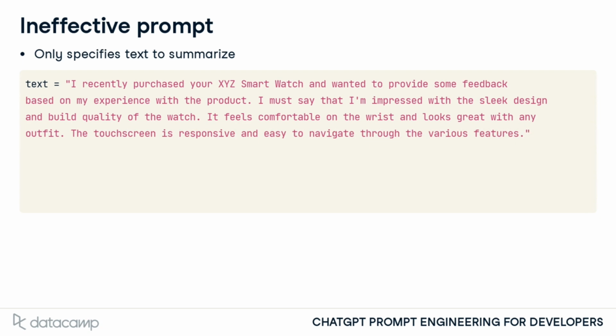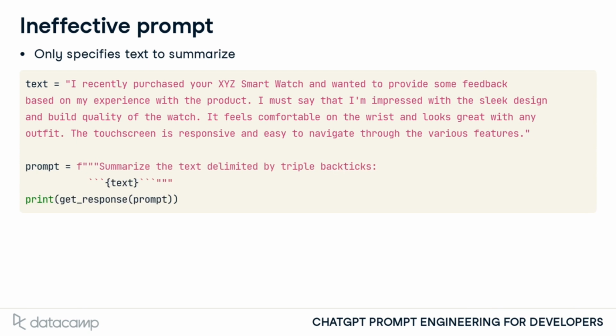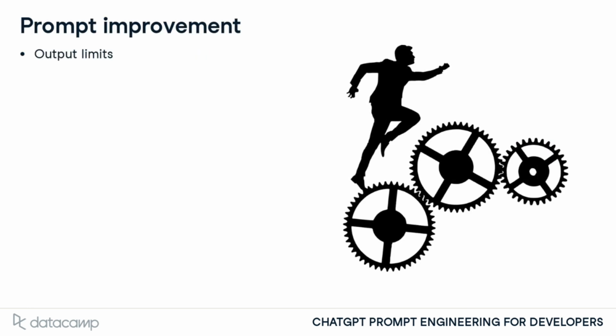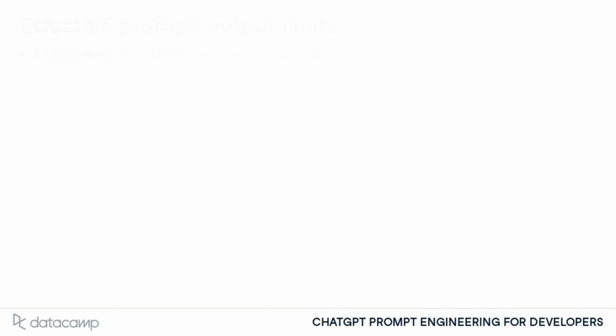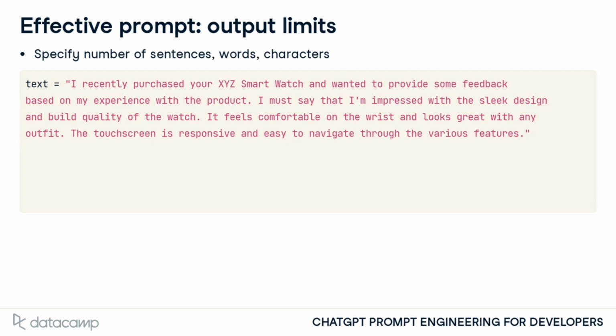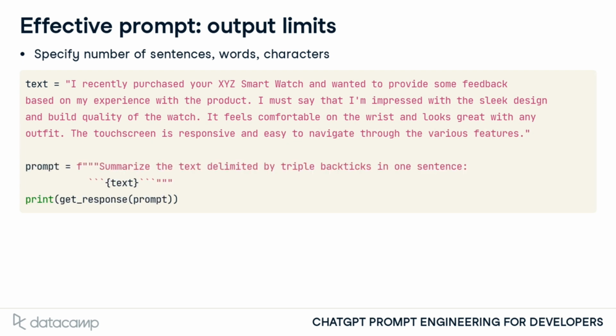If we ask the model to summarize it using a simple prompt without details, the model will do so, but the prompt could be more effective with specific guidance. We can specify the output limits, output structure, and summarization focus to make the prompt more effective. We can specify the output limits by the number of sentences, words, or characters. Here, for the same smartwatch review, we modify the prompt to ask for one sentence, which we see reflected in